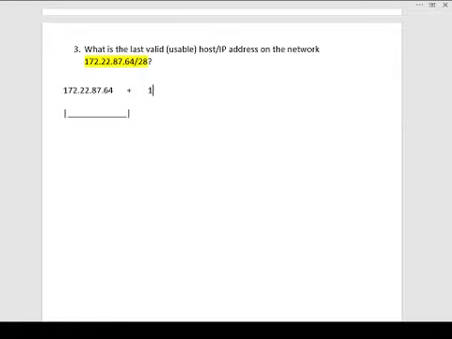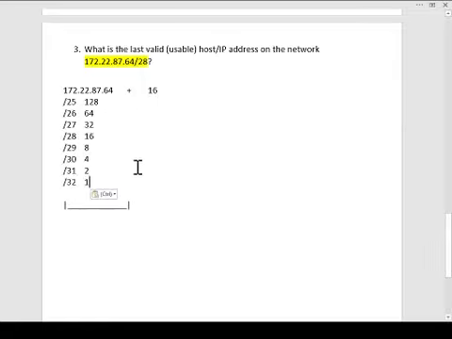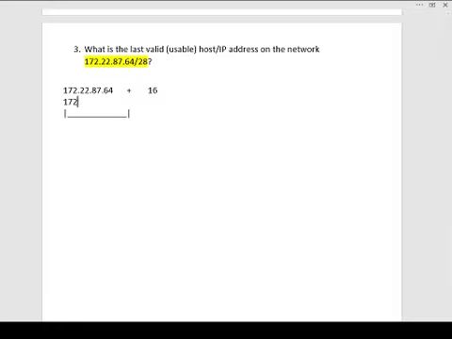So we're going to go up by 16. Well, obviously, the next one going up by 16, and there I go doing this again. Let's just go ahead and type it out. 172.22.87.80 is where we need to be. So now we already know, hey, here is our network ID that we're working with. We're working with a .64. We can't use a .80,